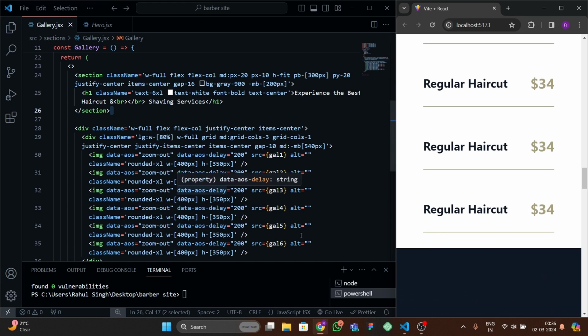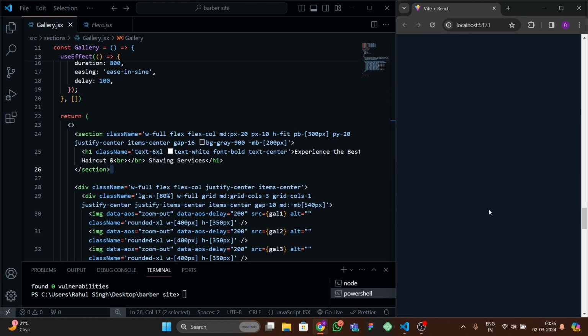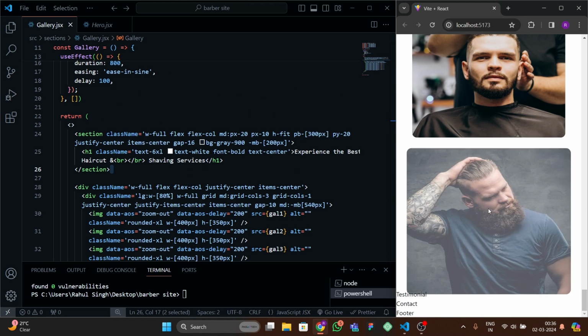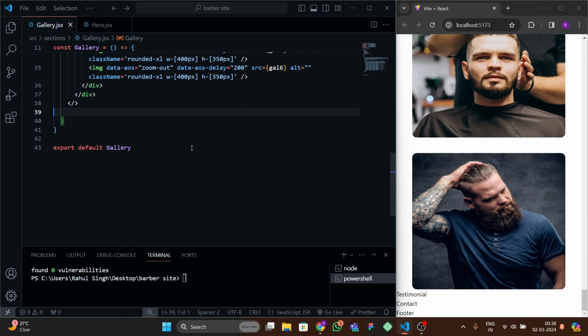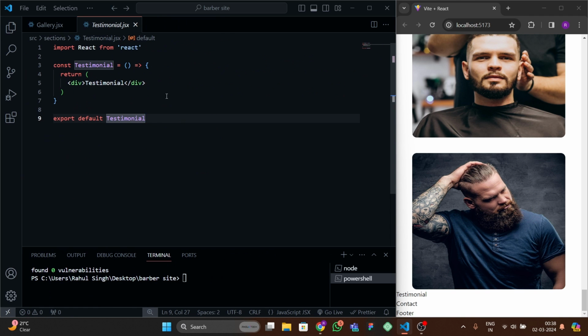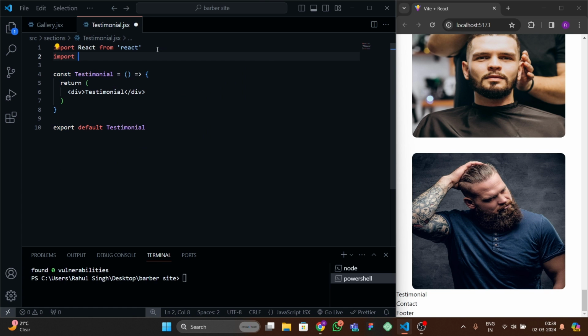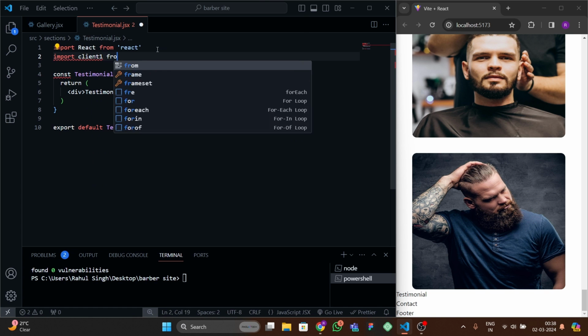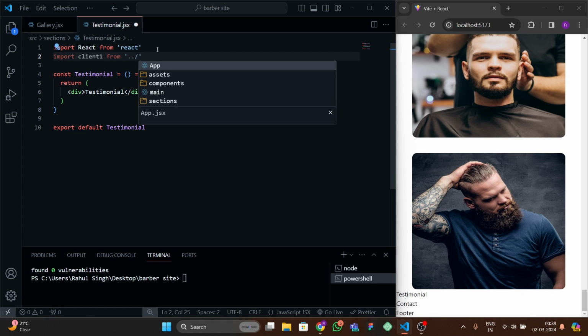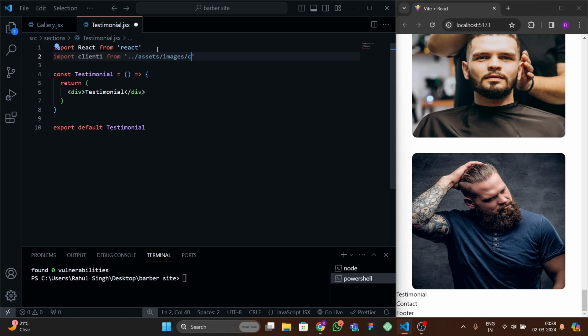Okay, so now let's move to the next section. So the next section is our testimonial section. Our gallery section is also ready. Now let's move to the testimonial section. So let's open this, and here we have to import some images also. Images again. So let's import client one from this assets, and here import images